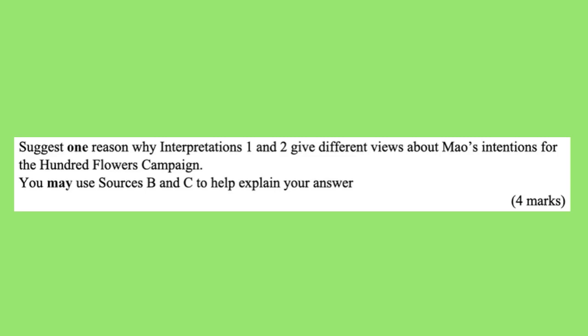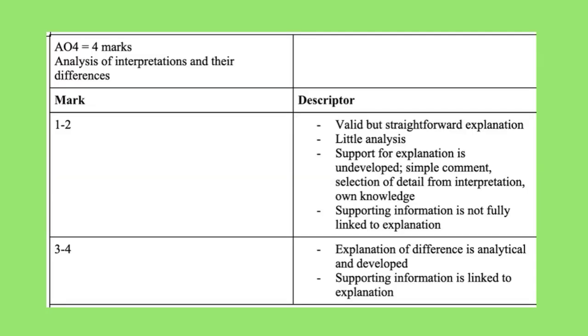Suggest one reason why interpretations 1 and 2 give different views about Mao's intentions for the 100 Flowers campaign. You may use sources B and C to help explain your answer. 4 marks. Here's the mark scheme for this question, which you can find out about in more detail in our